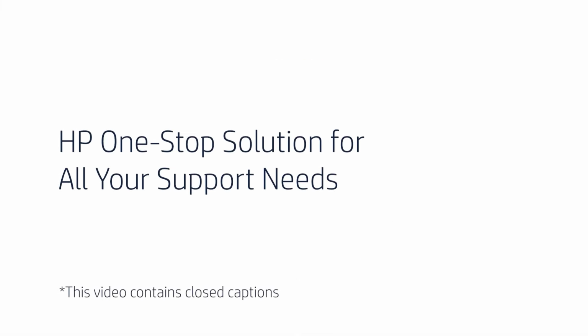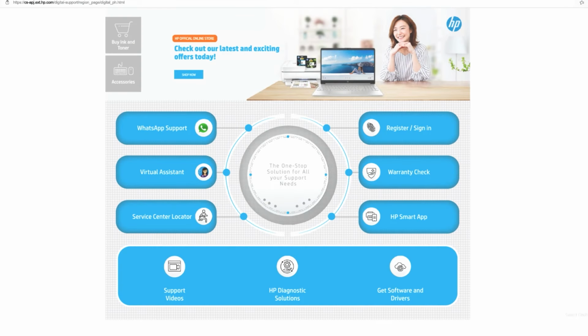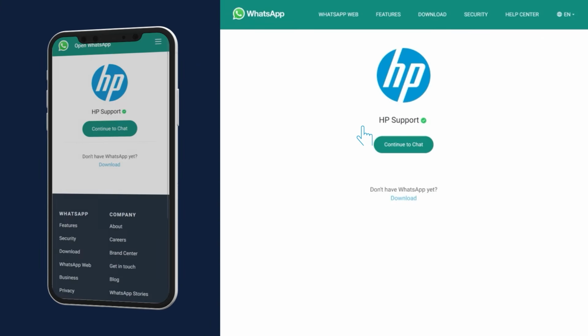HP one-stop solution for all your support needs. Looking for information and support for your HP product? HP's one-stop solution can help. By simply scanning our QR code, you'll find chat support,